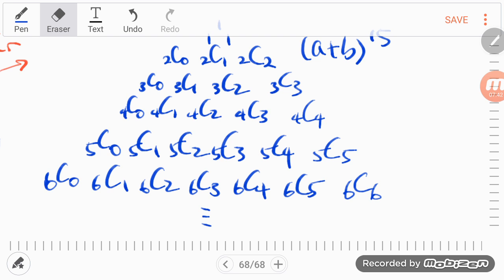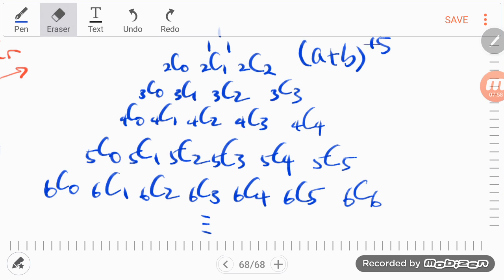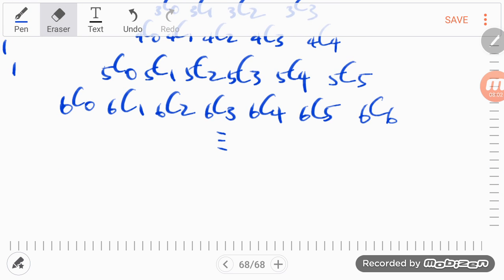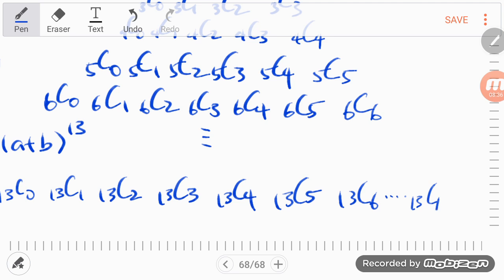Okay, so I know that if I need to expand something like this, then my coefficients will be, so let me copy this down a little bit. I said today we are asked to expand, say, (a + b) to the power of, let's go with 13, just to save time, okay? I know that the first coefficient is going to be 13C0. The next coefficient is going to be 13C1, 13C2, 13C3, 13C4, 13C5, 13C6, and so on and so forth until 13C12 and